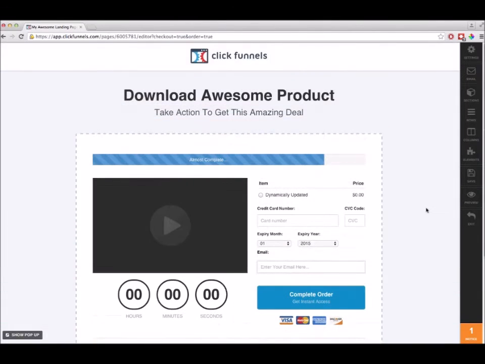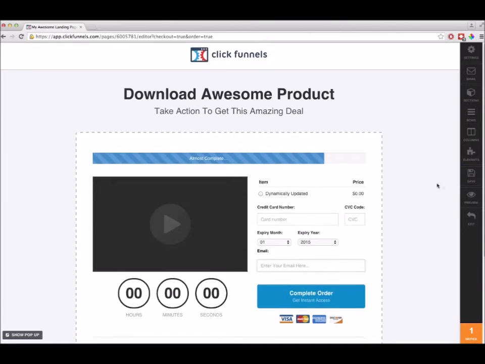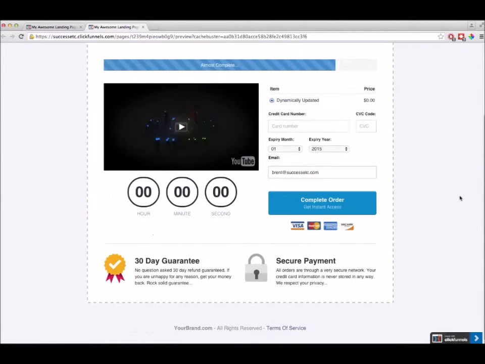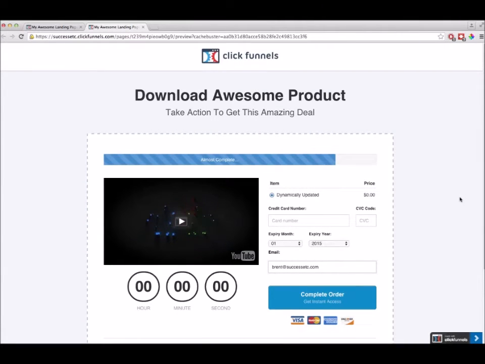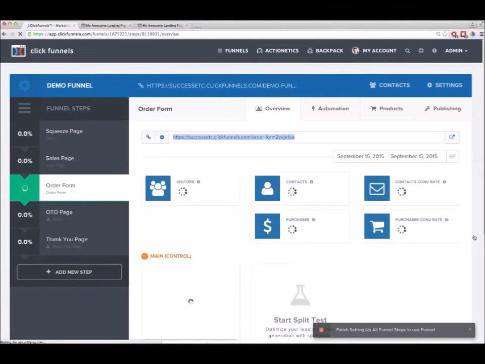So there is an amazing looking high converting order form that I did all by myself just by dragging and dropping, okay? You guys getting this? There it is, now you can preview and see what it looks like live online. All right, cool. So now let's come back in and let's work on the next step here, which are the